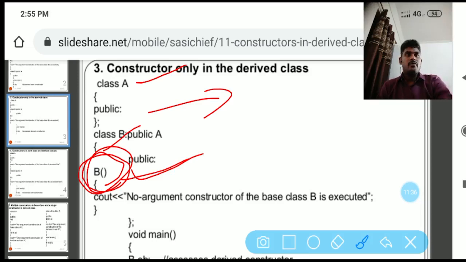In class A we are not declaring any constructor, but in class B, the derived class, we are declaring a constructor. The constructor is accessed by creating an object. When the object is created, the constructor is automatically called by the object.